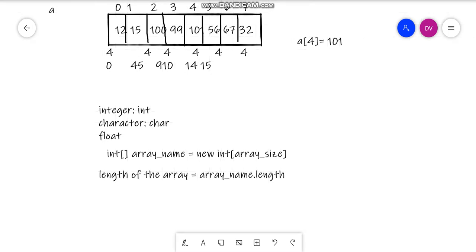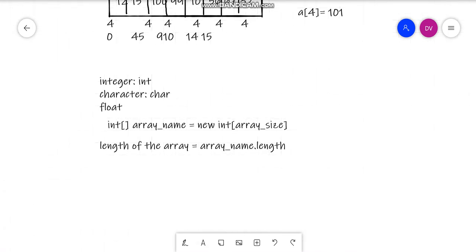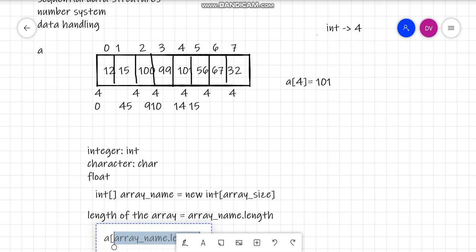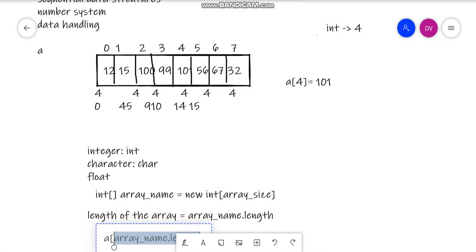One more point that might confuse you at a later stage: we cannot access this element, because this element does not exist. Let me show you how. See here, there are 7 indexes, but the length is 8. Is there any index 8?